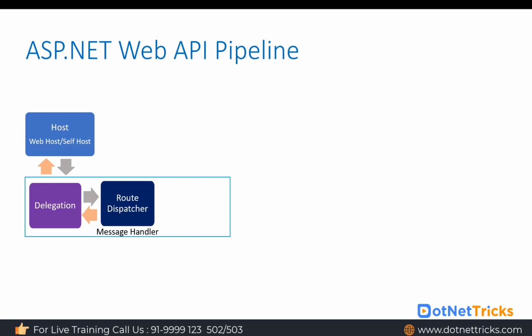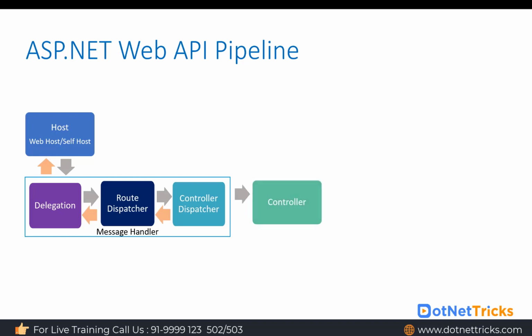If the route is available, then we have the controller dispatcher, so that we can initialize the controller. If the controller is available, then it further processes the request. If the controller is not available, then it goes back again. This is the way the message handler intercepts the request. If things are working well, it dispatches to the next step. If not, it goes back by returning a 404 error, or any other exception might also happen here.